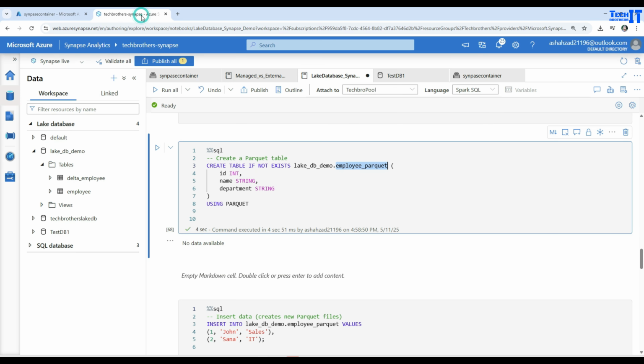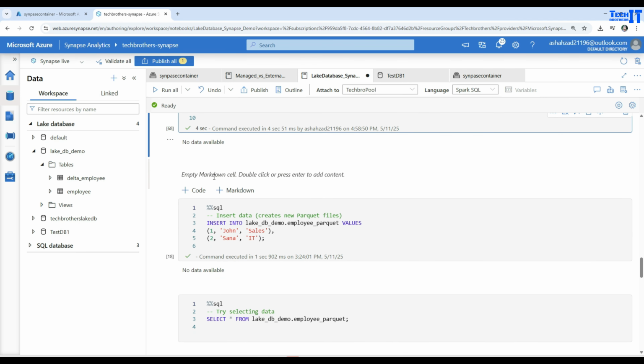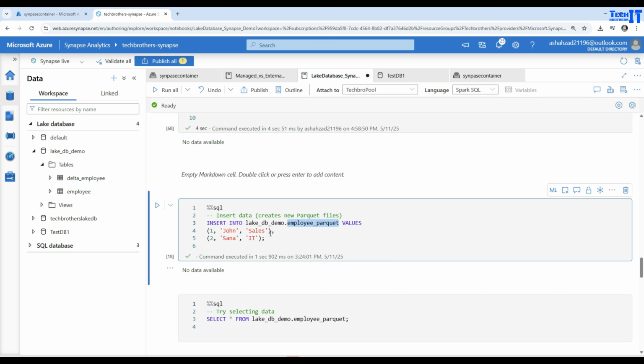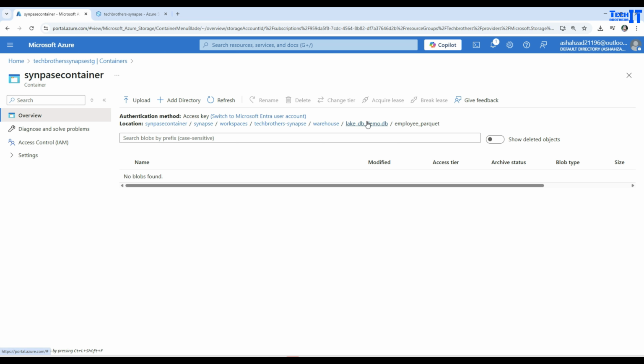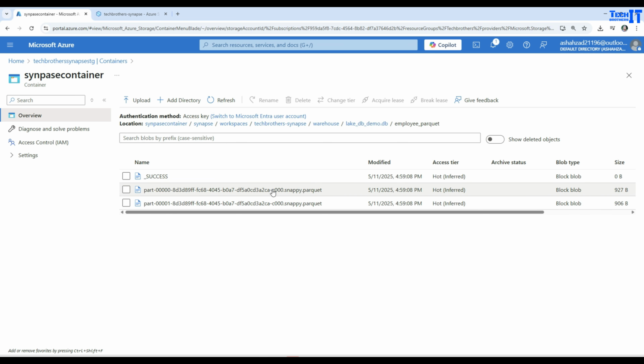created. Now let me take you back here, and I'm going to insert some records in this employee_parquet table. Once I insert, it's going to create the files here, and that data will be saved here as files. So you can see right there, there are 2 files created. Now if I go back,